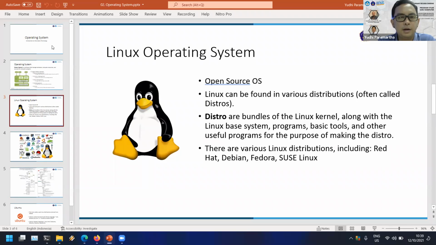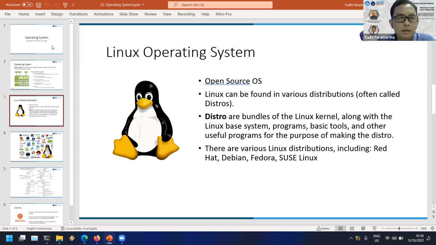For example, when you are using an Android device, you are already using Linux. Okay. Because Android is a Linux operating system distro. Linux is an open source operating system.